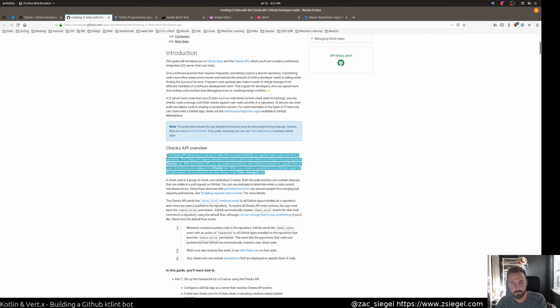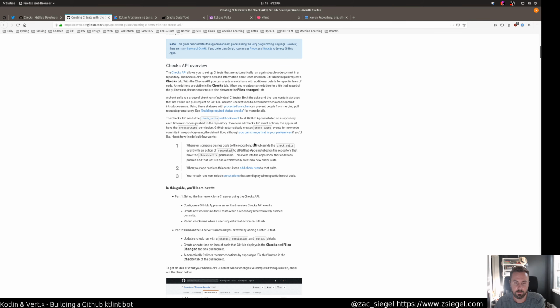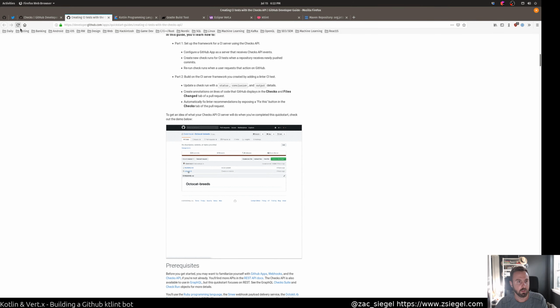This is really helpful in teams if you want to enforce code formatting or run the tests, maybe because your test suite is really large and can be a little burdensome to run on a local machine. This checks API is relatively new, and what it allows you to do is hook your CI server into your code or into your pull request. And so what happens is when this runs, you get